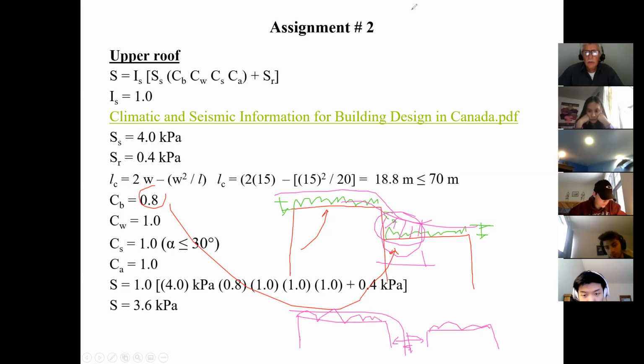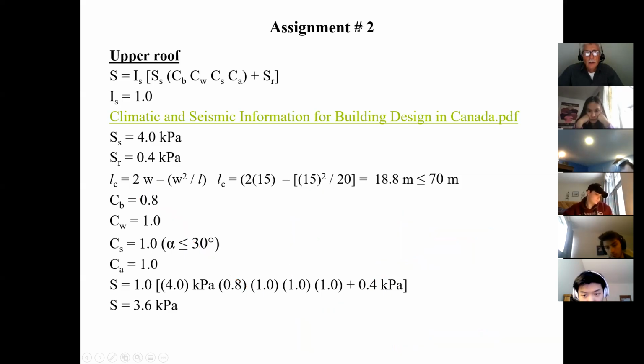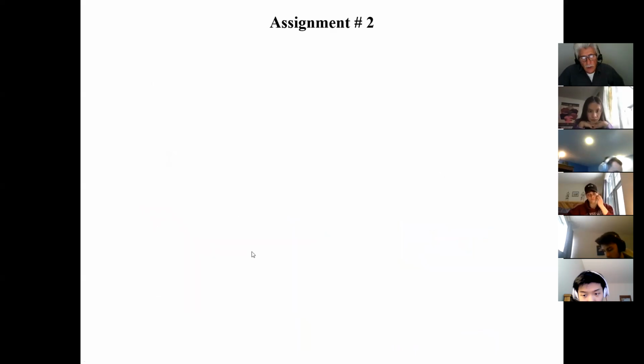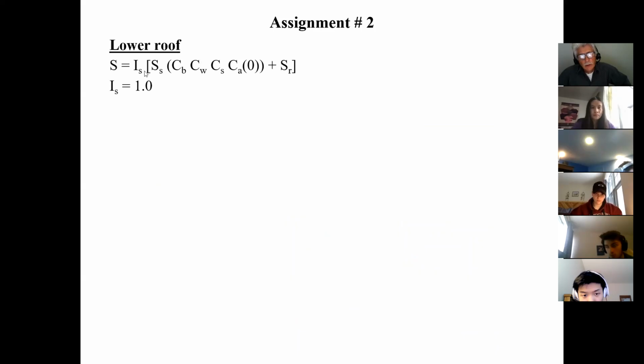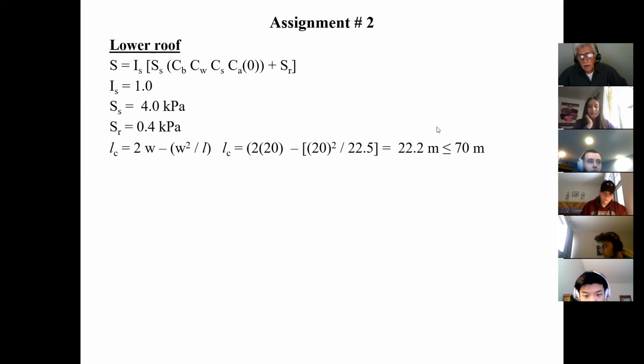Okay, just repeating what we did last week, so it's a little bit clearer in your mind. So now that I've worried about the upper roof, I start worrying about the lower roof. As far as the lower roof goes, I do the same thing. It's the same importance factor, and of course, it's the same SS value for the lower roof as it is for the upper roof. The SR value is the same. Now, this is to check that the characteristic length of the lower roof is still less than 70. Therefore, CB is 0.8. Fantastic. So the lower roof will have a uniform load, just like the upper roof, the same values because the CB is the same. The only difference is